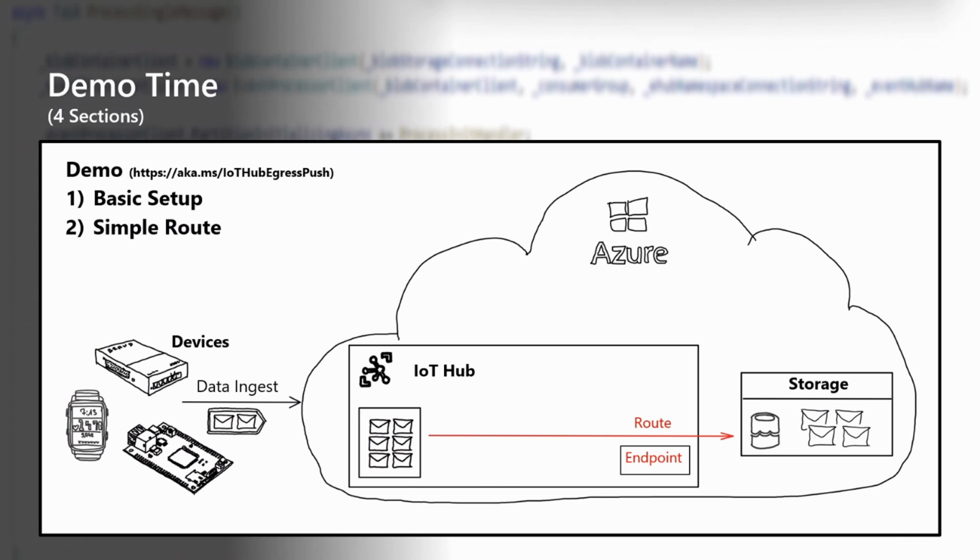So we have seen a simple route. Now let's switch gears and ask, what do we have to do to enrich an incoming message? The scenario here is that the device is not sending specific information, let's say about a cost center or a tenant ID or a company ID. It's just sending its device ID.